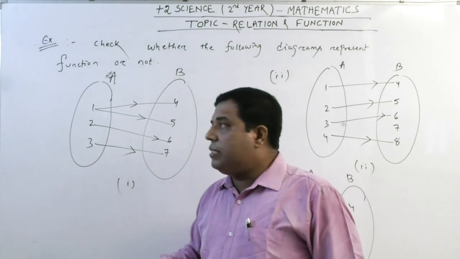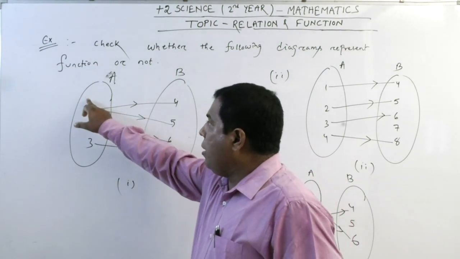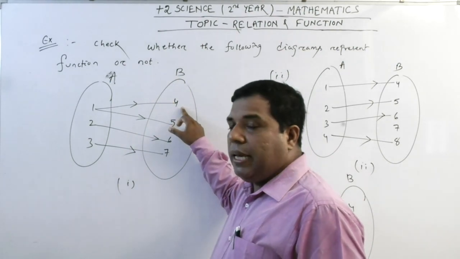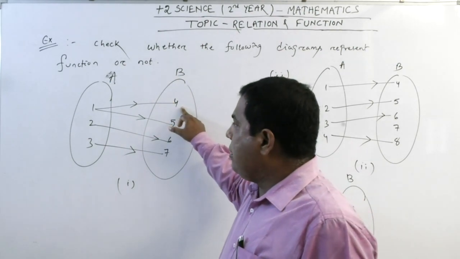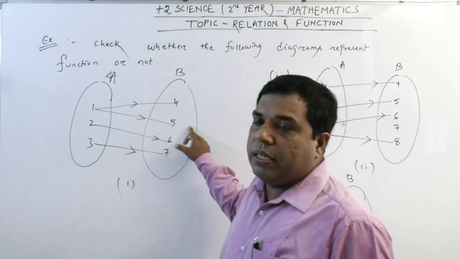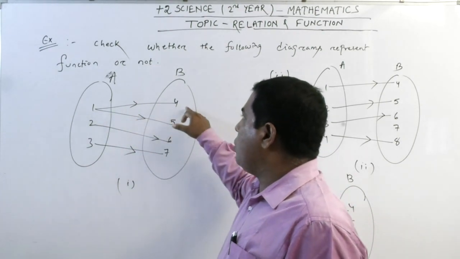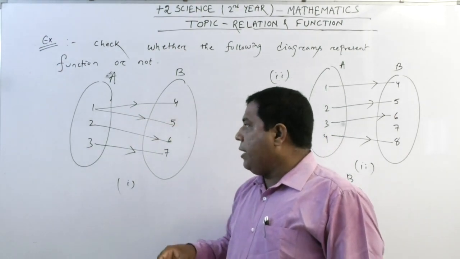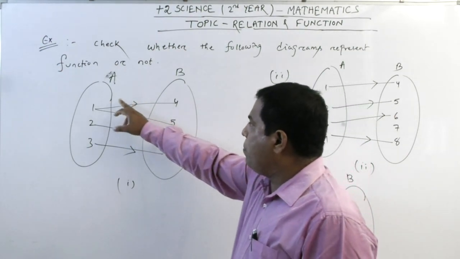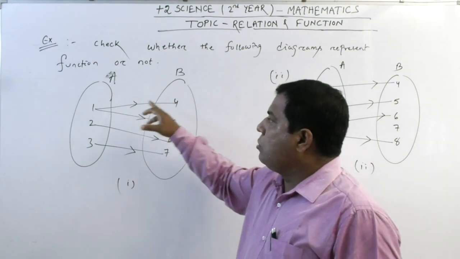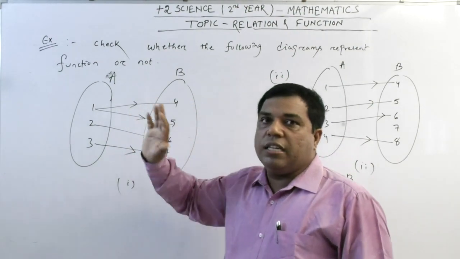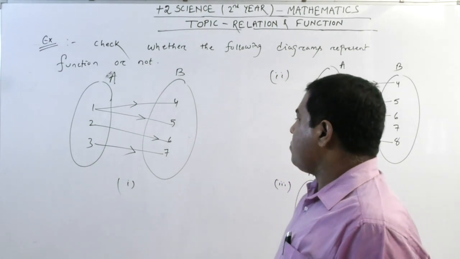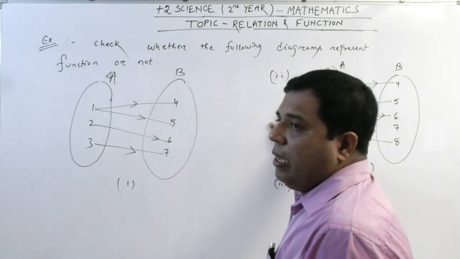The condition says that if an element of the domain set is connected to a single element of the codomain set, then it can't be connected twice. So here 1 is connected twice, as functions are from A to B, and the arrow mark represents that the connection is done. So this relation is not called a function. Okay. Now is the second